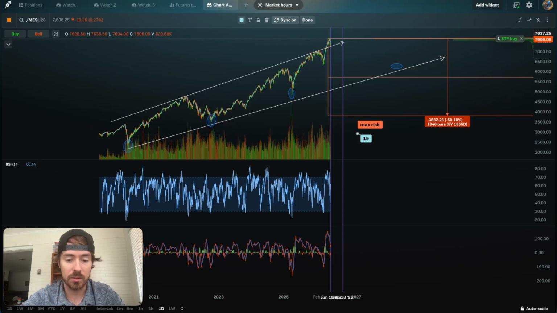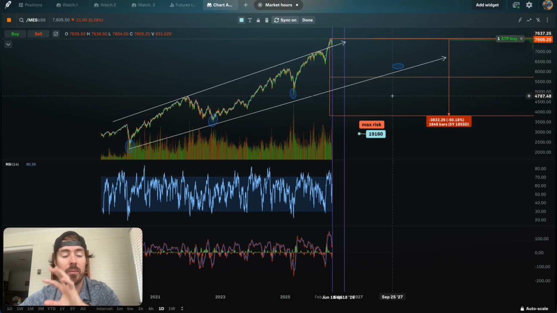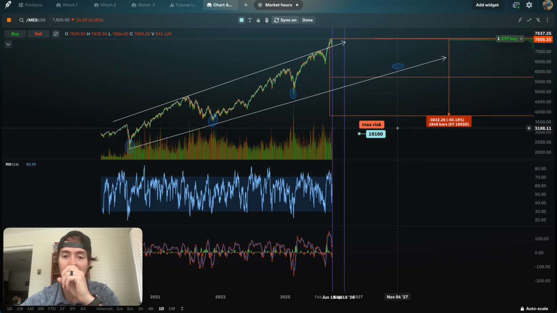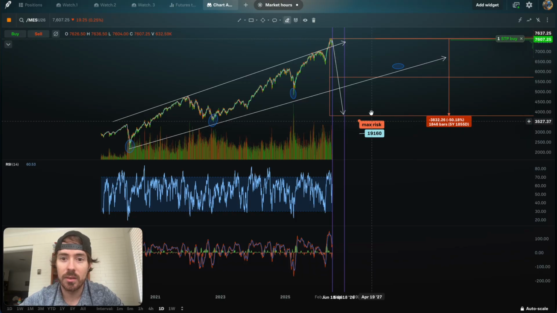It's actually 19,160. That would be your max. And the way that you use this, all right, not done yet. So you have your max. This is how much you would lose in this period of time. So you're saying that if this crazy event from here to here happened, and you reached expiration and you lost 19,000, then what you want to do is, and this is just for visual,